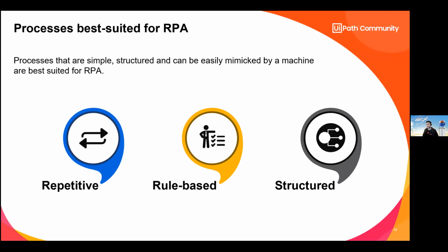And then we talk about structure. If the processes are well-defined, if we have a structure, if every iteration of the process is handled in a way that we already know what to do, then it's a good fit for an automation project. But basically, the consistency and accuracy of the robots are greater when we select processes that are based on these 3 patterns, right?